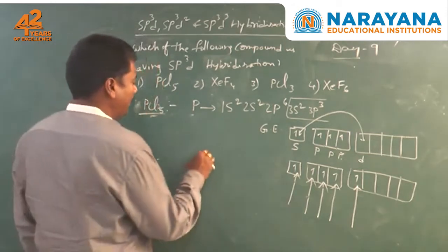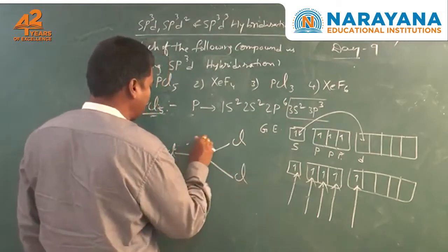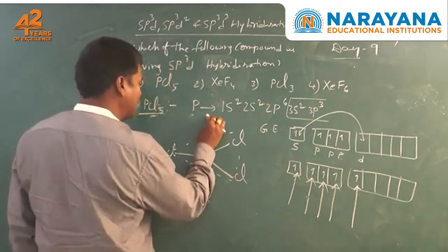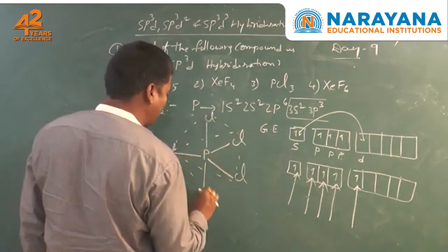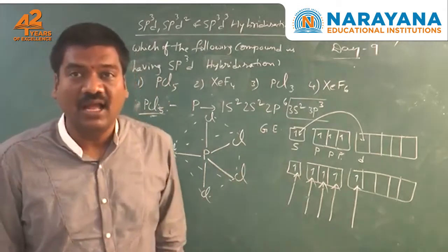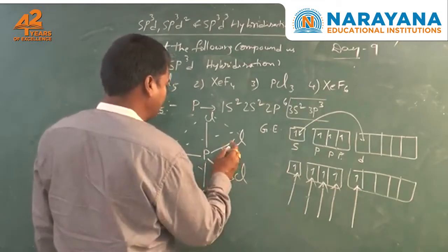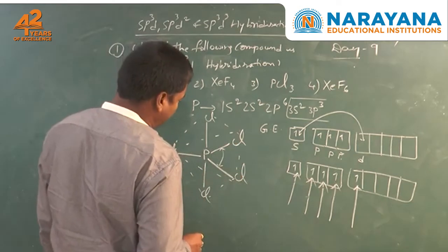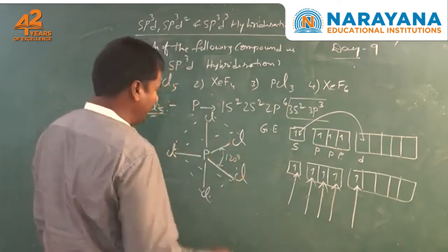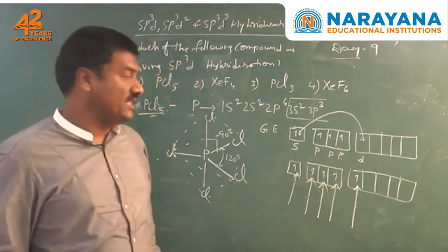Now if you come to the structure of this one, 3 chlorines are in a triangle, a trigonal planar shape, and 2 chlorine atoms are attached like this. The shape of the molecule is trigonal bipyramidal. And the bond angle in the PCl5 molecule: how much can you take it as? It is 120 degrees in the triangle shape, and between these two it is 90 degrees. The atoms are arranged like that.